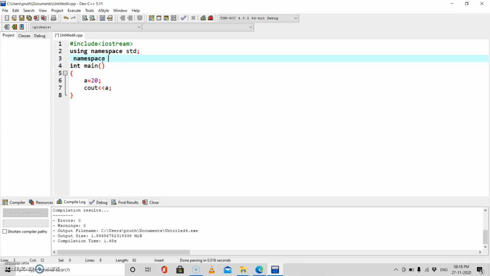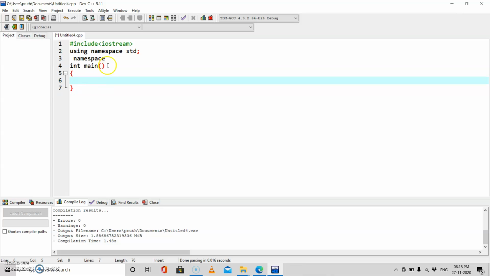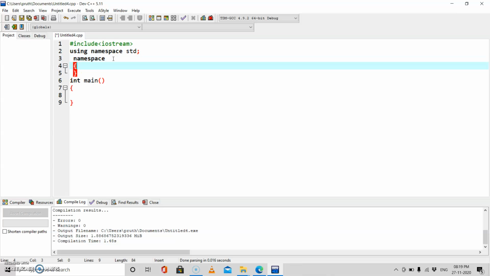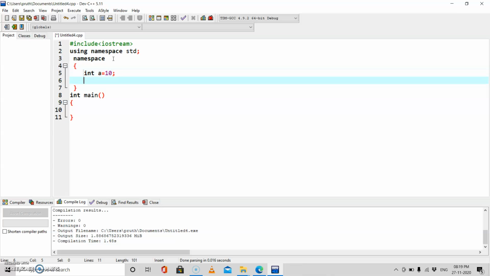Inside your namespace you can represent whatever data you want. Before entering into it, can we create a namespace without a name, or is the name representation mandatory? We need to discuss this. It is not a mandatory thing. The namespace may contain a name or may not contain a name. Here I'm going to represent a namespace that consists of your data, like int a equals 10,